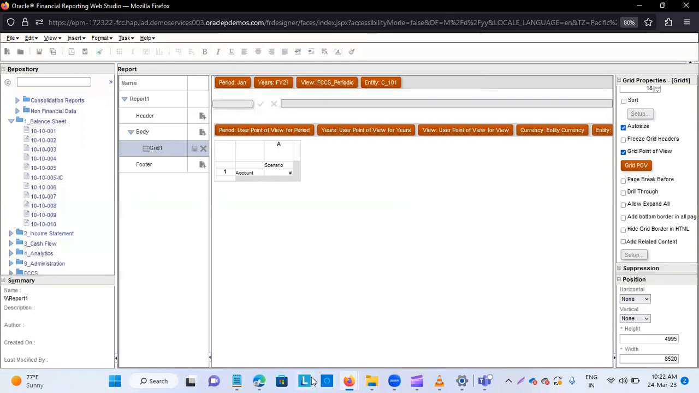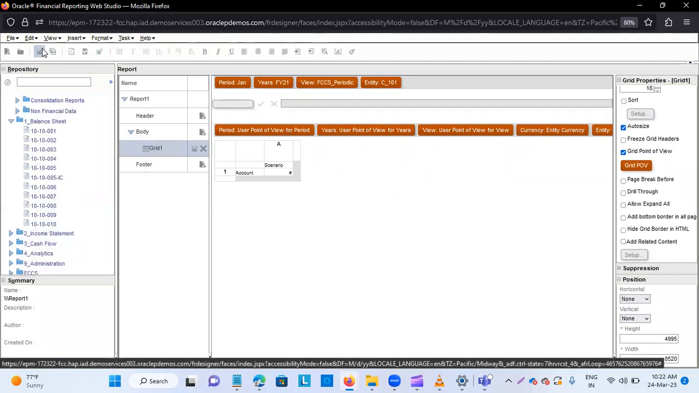So once I have defined the grid point of view, and here I have already defined entity C101, view is FCCS periodic, year is financial year 2021, and period is Jan. So first of all, after doing all this procedure, I will first try to save my report. Okay. So I'll click on save,